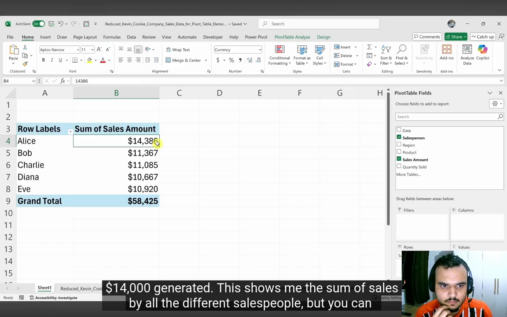This shows me the sum of sales by all of the different salespeople, but you can also summarize the data